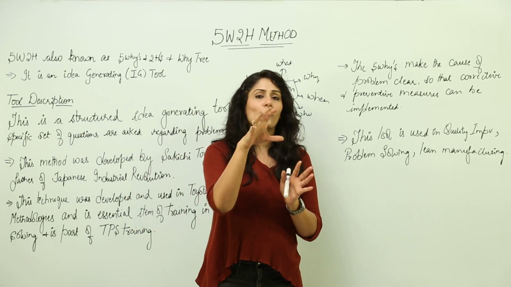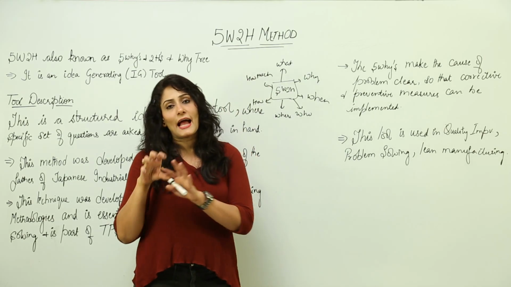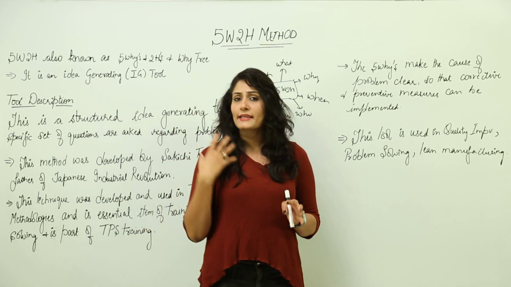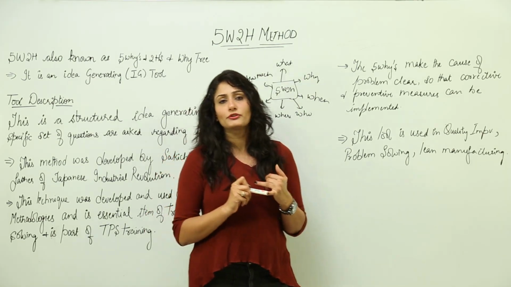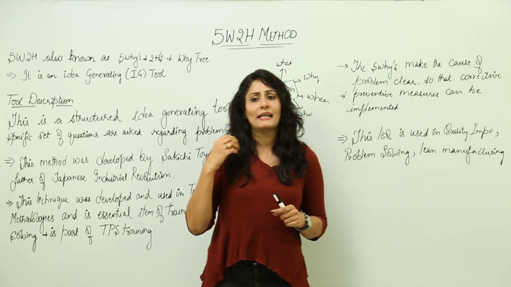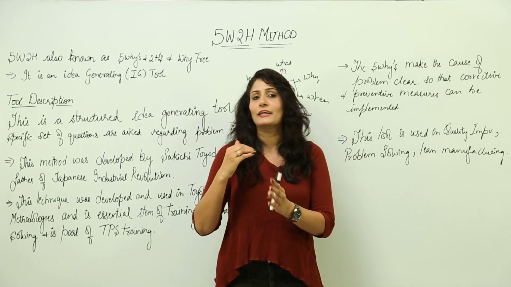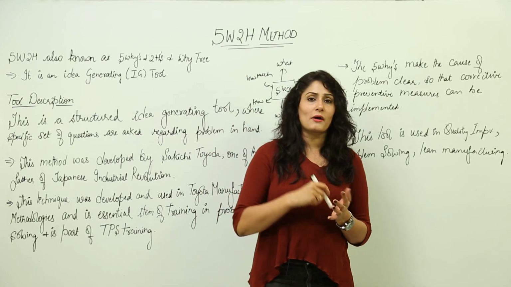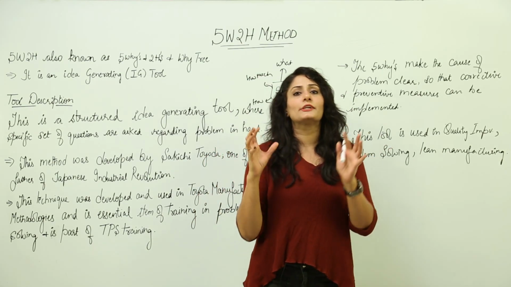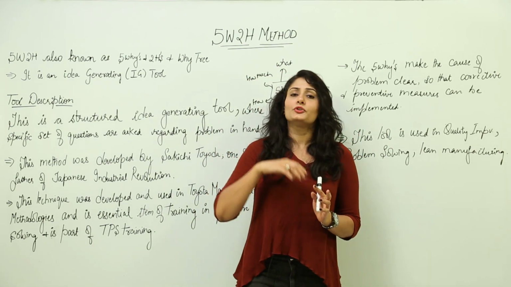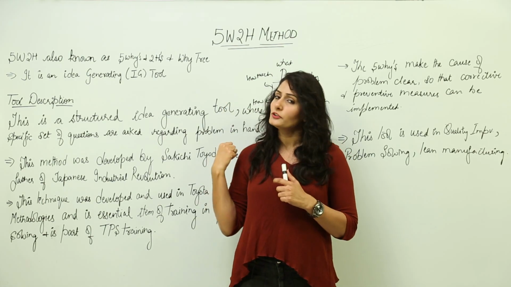Once you know that this is the root cause, you try to drill down to find out what the actual root cause is, and then you can remove it or take preventive measures. This tool is used in problem solving, in troubleshooting, in quality improvements, and it is used in lean manufacturing, so that you can find out where the waste in the process is and remove it. You can use it in Six Sigma's analyze phase, and you can use it in project management. Wherever you need to know what actually the problem is, need more information about the problem, or need to find out the root cause of the problem, you can use this tool.